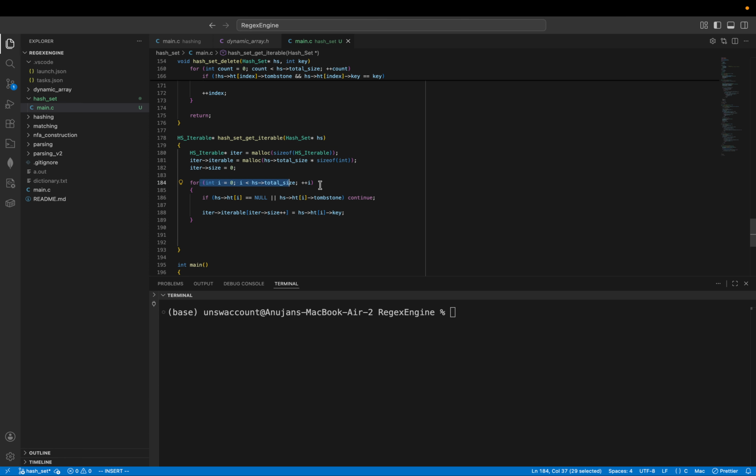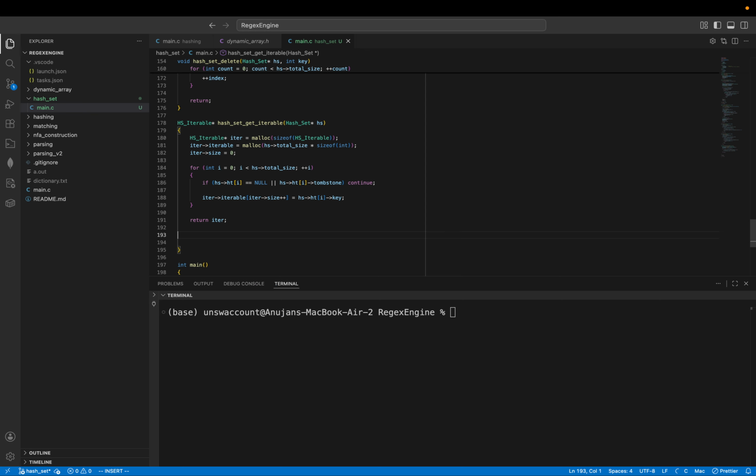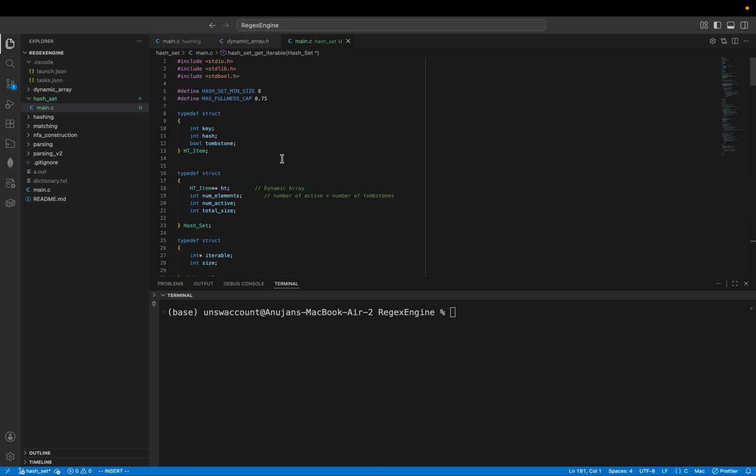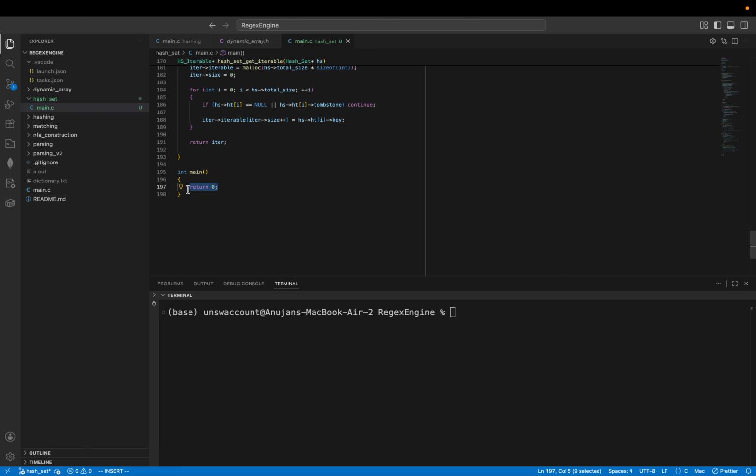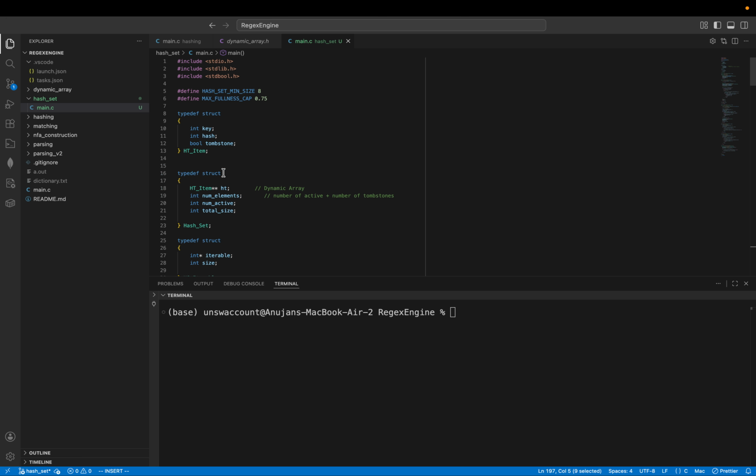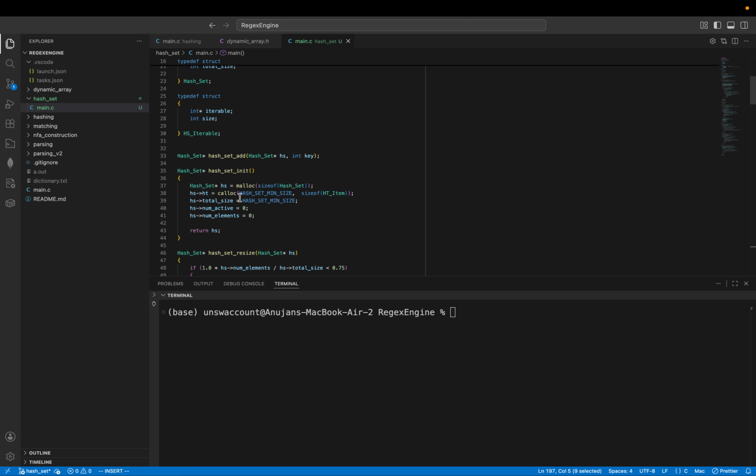So we're going through all the slots. If it's a null or a tombstone, don't worry about it. And otherwise, if it is a legitimate thingy, then access the iterable's next spot, get the key of the current item and put it in, and then also make sure to increment the size. Cool, and then return the iterable. Okay, should be good. So I don't know how much I've done correctly, but hopefully, if I just start playing around with it,